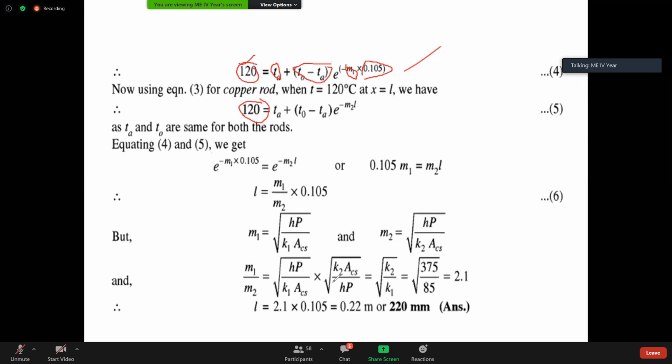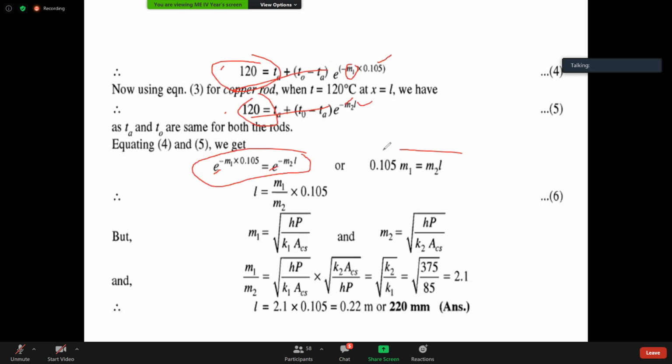Right. So if I substitute m1 and the given length for the particular rod, m2 and the calculated length, these two equations can be equated because this is 120 and this is 120. After equating, this part will get cancelled. The only thing remaining is this. Both sides, this also gets cancelled, minus also gets cancelled. This will give L is equal to m1 by m2 into this one.